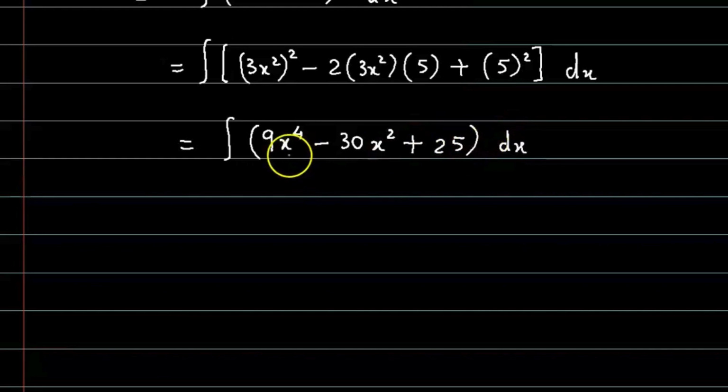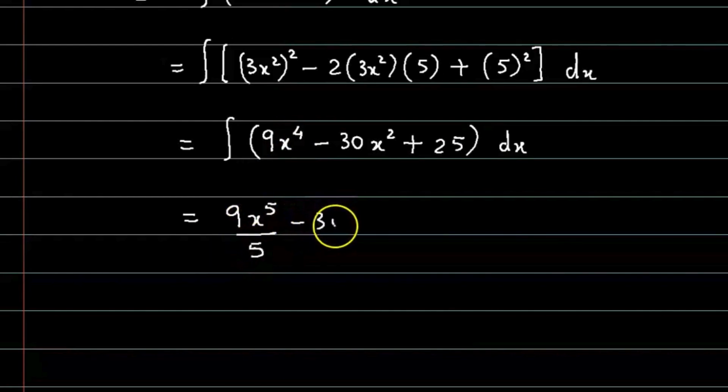And now we integrate each of the three terms. 9 is the coefficient, so we have 9 times integration of x raised to 4 is x raised to 5 upon 5, minus 30 times integration of x square is x cube by 3, plus integration of 25 is 25